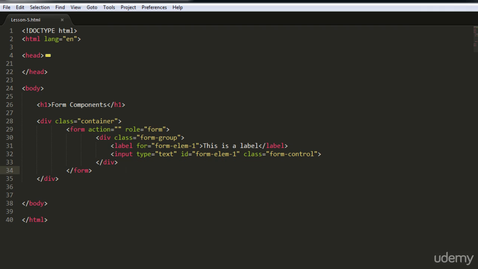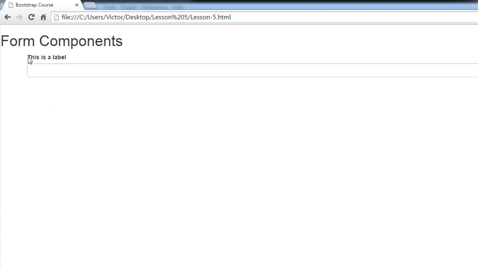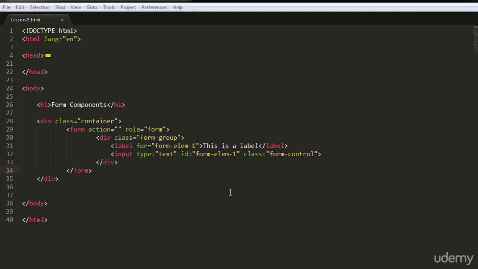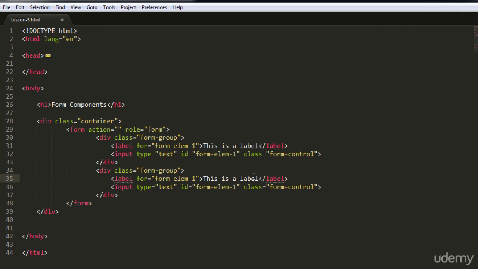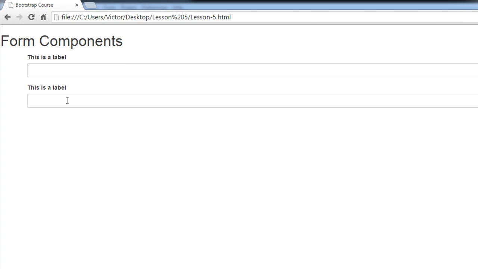So let's save this and let's check this out, and there it is. Cool. So we have the text, this is a label, and the input here. Now, as you saw, the input by default always has 100% of width. So obviously you can change this later on. So let's create now another div, sorry, and let's call this 2 and ID 2 and save this. Refresh it, there it is. Okay,